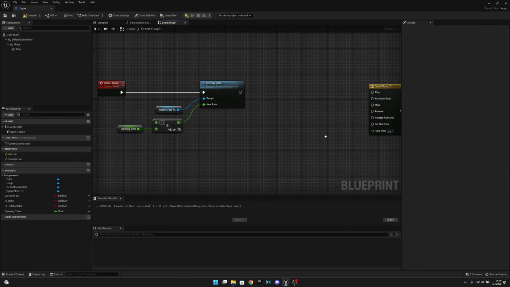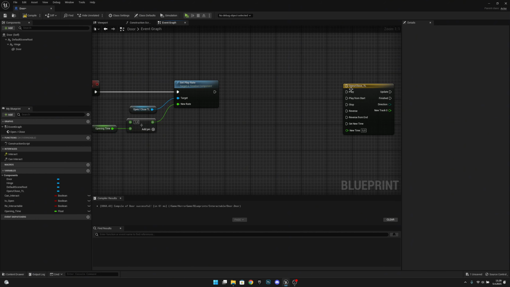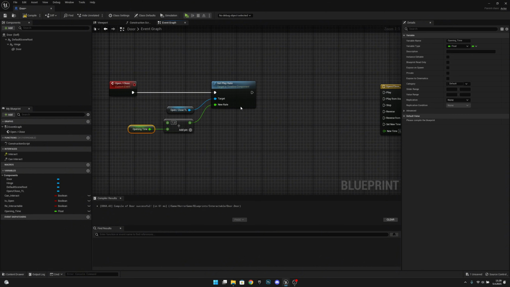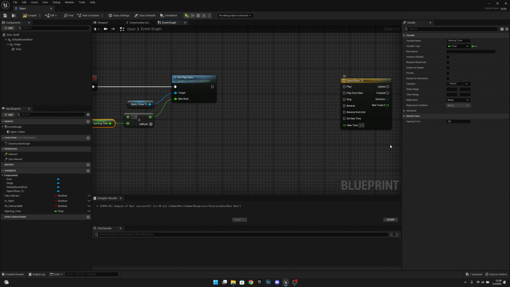Okay, so we are setting the play rate of the timeline. The timeline is normally 1 second long, and if we divide 1 by, for example, let's compile and set this to 1, the default value. If we divide 1 by 1, it will be 1. So the play rate is 1, and 1 second played at a play rate of 1, so 100% speed,